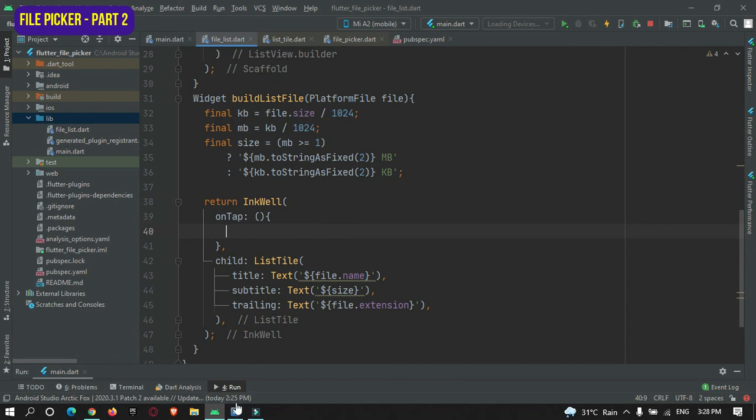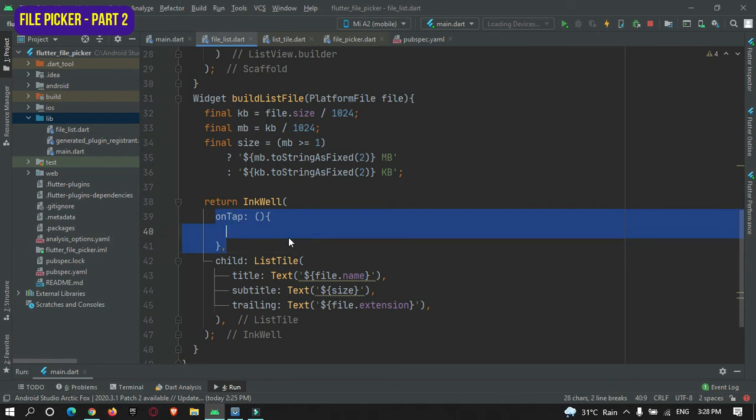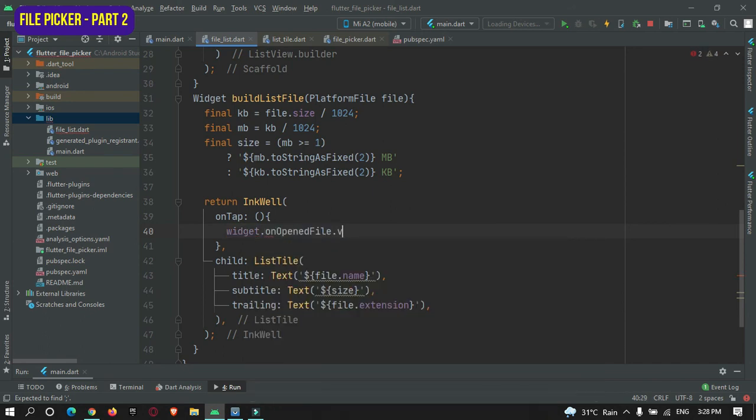Whenever the user taps on these items, we can use this onTap. When the user taps, I need to call a method, widget.onOpenedFile, and here we need to pass the file.